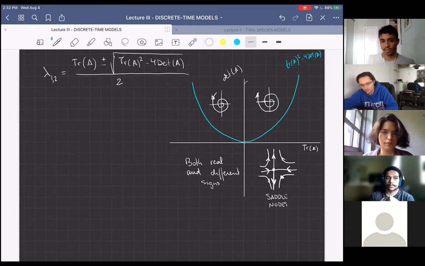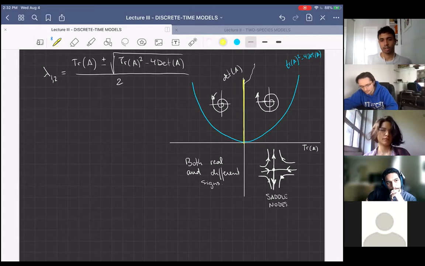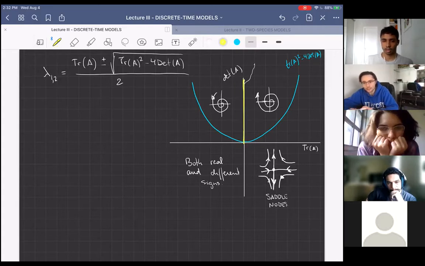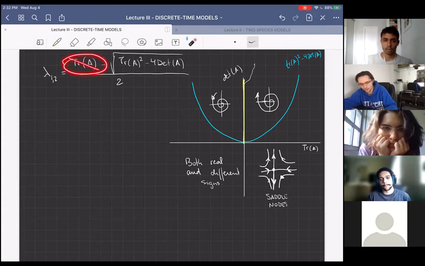If the trace is equal to 0, in this, let's say, I don't know if problematic is the word, but degenerate case, what we're going to have is eigenvalues that are purely imaginary, right? We are here where the trace is 0, so I don't have this part, and I will have the square root of a negative number. In this case, what we have